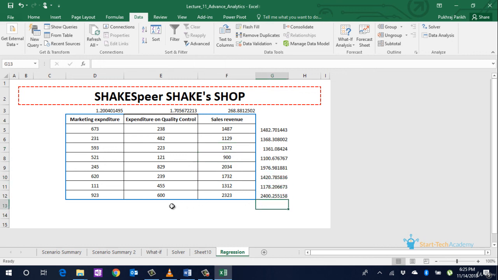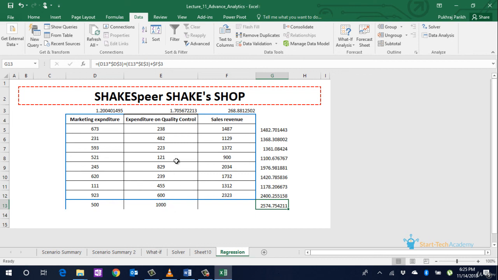And in the next month, if you want to predict what will be your sales revenue given that you are spending 500 on marketing expenditure and 1000 on quality control, you'll know your sales revenue should be somewhere around 2500.